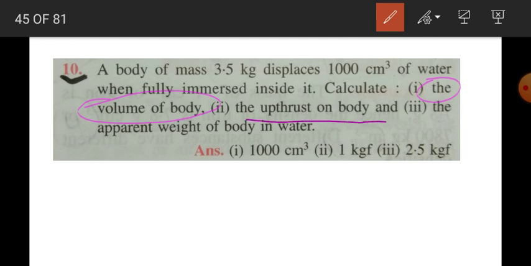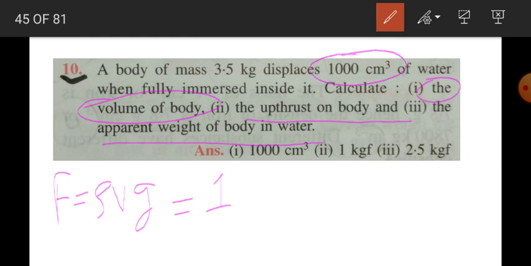अच्छा, सेकेंड वन, up thrust on the body we have to calculate, and then apparent weight of the body in the water. So basically there are two formulas using which we can calculate up thrust. चलो ठीक है, true weight नहीं दिया है, apparent weight नहीं दिया है, it means I will use second formula, rho vg वाला, right? So the density of the water is 1000, right? Density of the water कितना होता है? अगर मैं ग्राम फोर्स में लेता, अच्छा सीजीएस सिस्टम है, सीजीएस सिस्टम में 1 हो जाएगा.